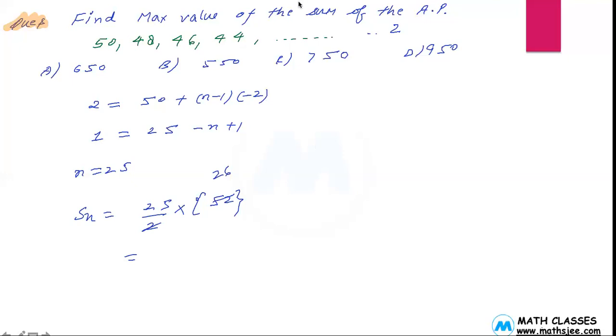So now we can easily tell about the sum. I took the last one as 25 terms, ending at 2. So the answer is 650. If you take the last term as 0, the number of terms will change because one more term will be added, so n will be 26 in that case. But here the sum will be the same because adding 0 does not change the sum. So the sum will still be 650. This is how we go about all these kinds of questions.